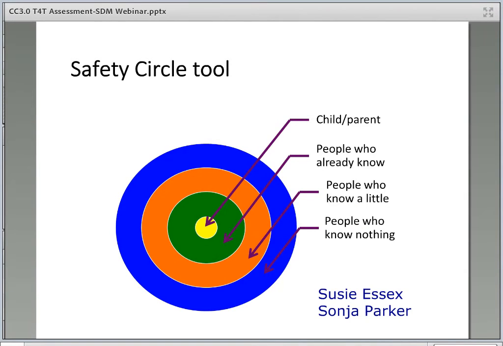The Safety Circle tool, like genograms and ecomaps, is a way to help workers and families begin to identify members of the support network. This tool is developed by Susie Essex and Sonia Parker. Conversations about the support network will occur throughout core, and you will see this tool used in a variety of classes as a practical tool to use with children, youth, families, and young adults to have a conversation about their perception of who is in their support network. It also helps families visually see who is in their network and who they may be willing to bring into safety planning meetings, family team meetings, and what roles they may play.